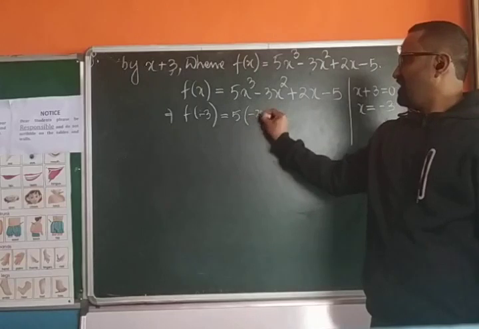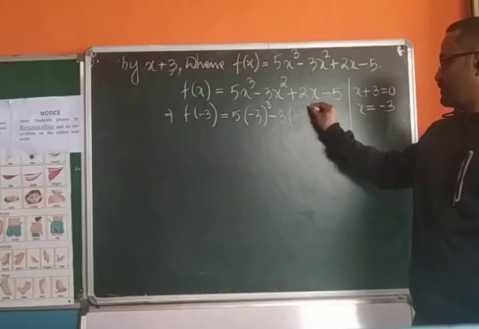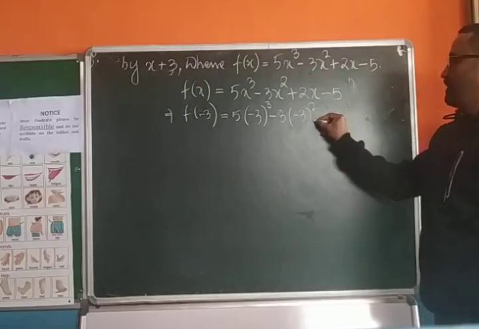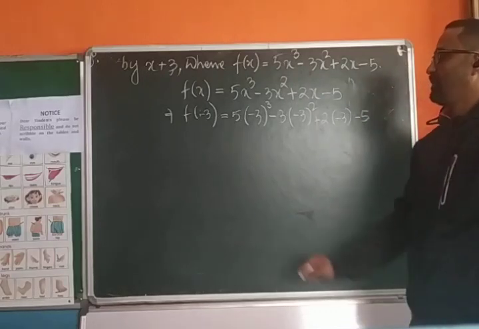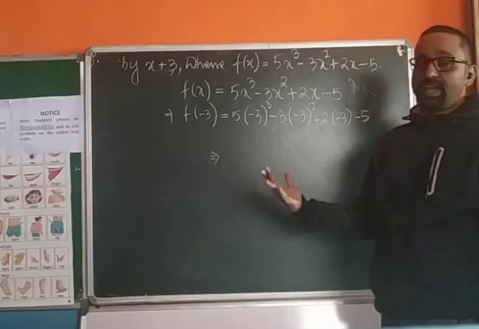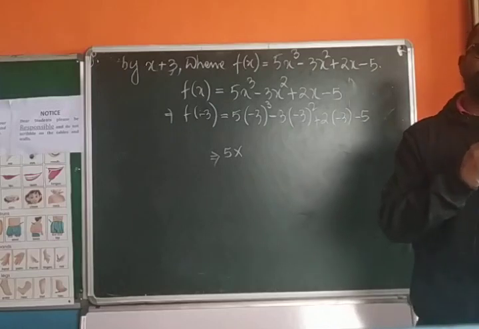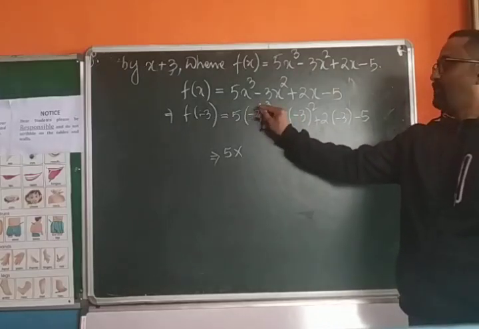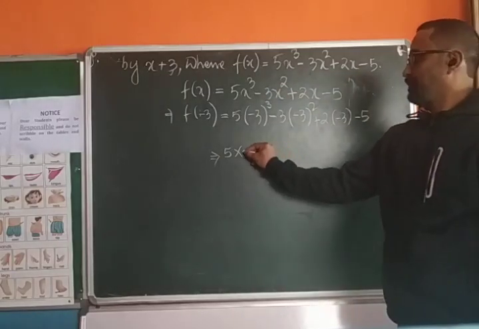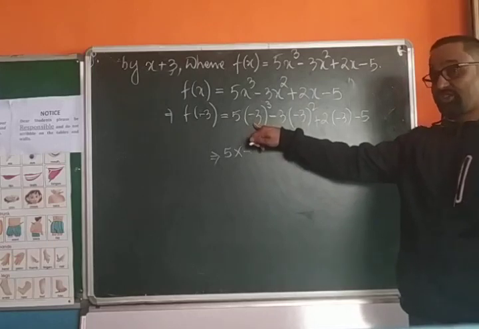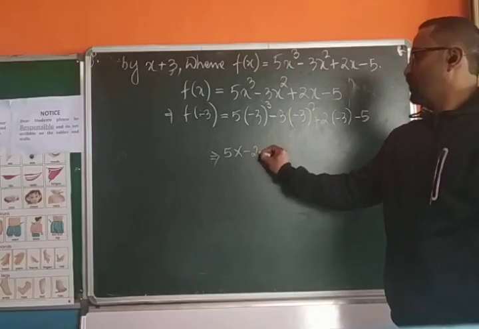5 minus 3 cube, 3 minus 3 squared, 2 minus 3 again, minus 5. The right hand side has to be simplified. And please do remember, negative of cube is always negative. 3 minus 3 cube, so you multiply minus 3 thrice, 3 times, you get 27